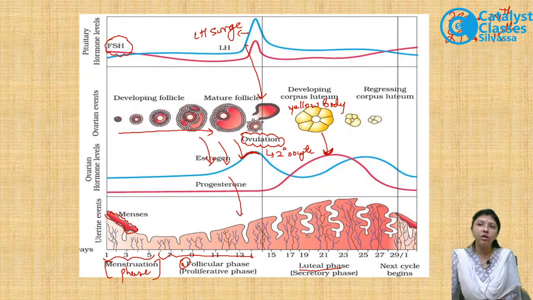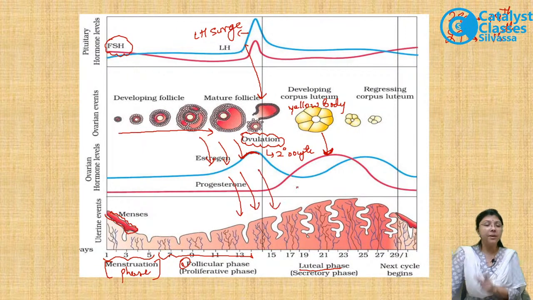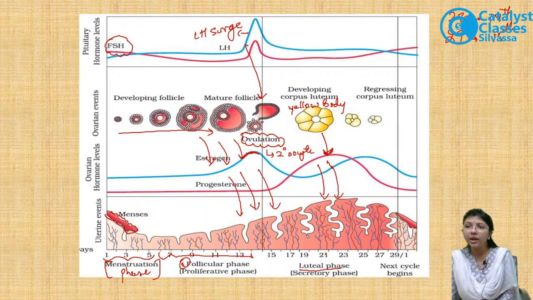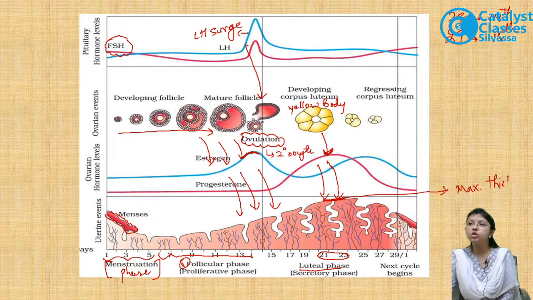Under the effect of estrogen, some thickening of the uterus had already started, but the maximum thickening you will find is under the effect of the progesterone hormone. And if you observe very clearly, it is somewhere between the 21st to 23rd day when the thickening of the uterus is maximum. This is the maximum thickness of the